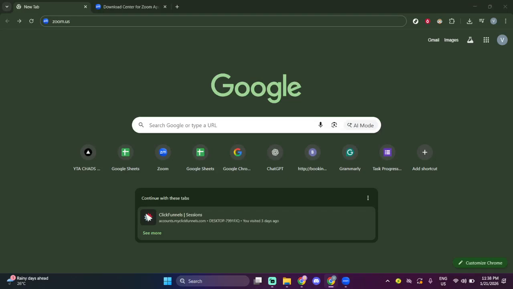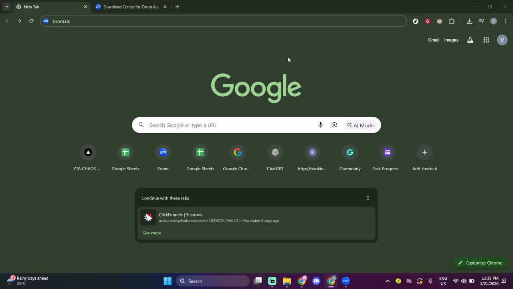In today's video, I'm going to teach you how to download Zoom app on laptop in Windows 11, 10, 7. We'll walk through the entire process from opening your browser to completing the installation, keeping things simple and clear so you can get Zoom up and running quickly. First, make sure your laptop is connected to the internet and that you're using a web browser you're comfortable with,